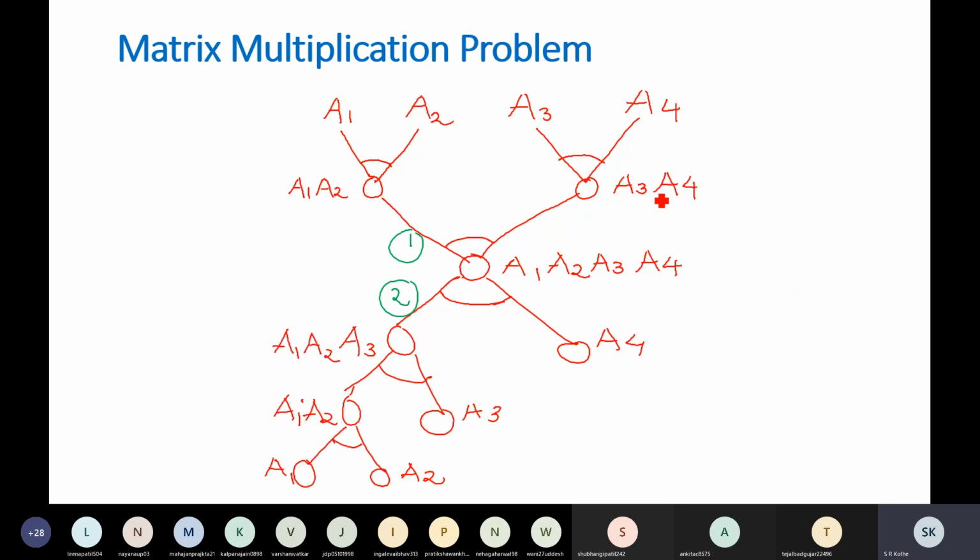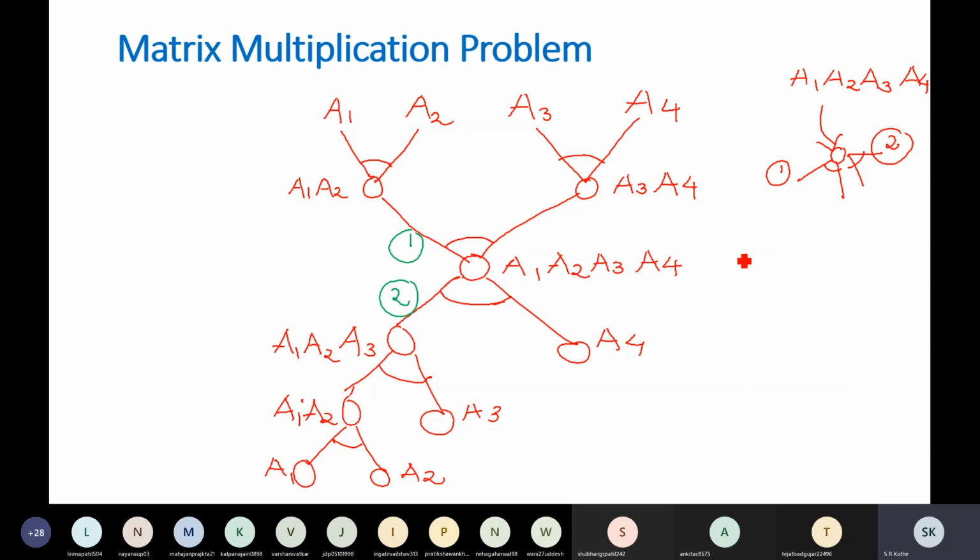This can be drawn in this way. You can draw all this downside also, like this and like this. This is one, this is the second way. This node is the multiplication of A1, A2, A3 and A4, all these 4 together. So either this or this. Now this is the complete AND OR graph. Understood up to this point?